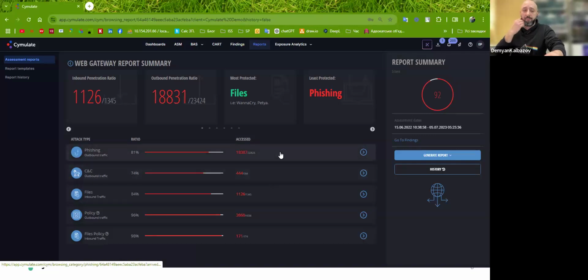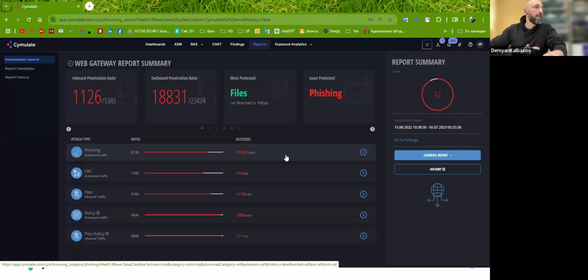We have tests that allow us to test the ability of the end user to get access to malicious phishing websites, command and control center outbound traffic capabilities, a test for detecting vulnerable files in the inbound traffic,